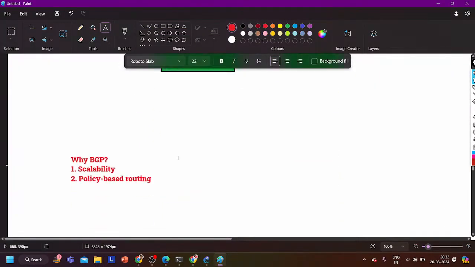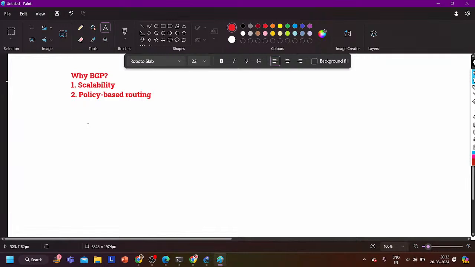The second reason is policy-based routing: IGP protocols have very few parameters and attributes for path manipulation. The third reason for why we came up with BGP is...